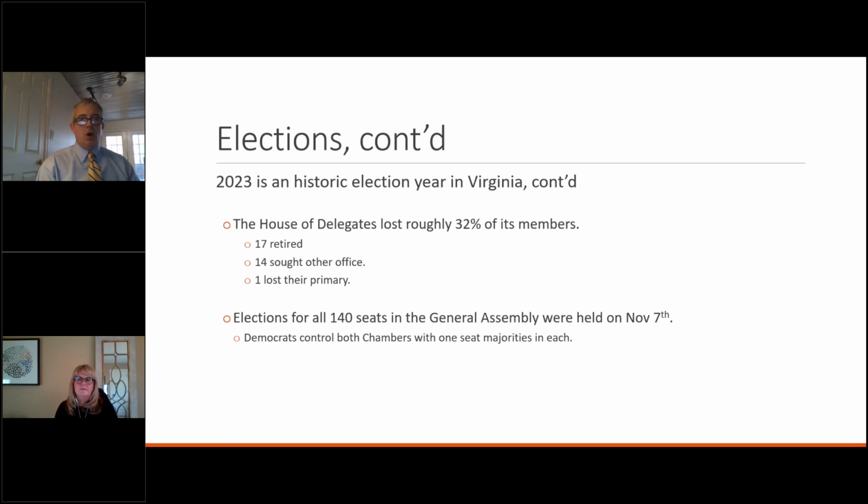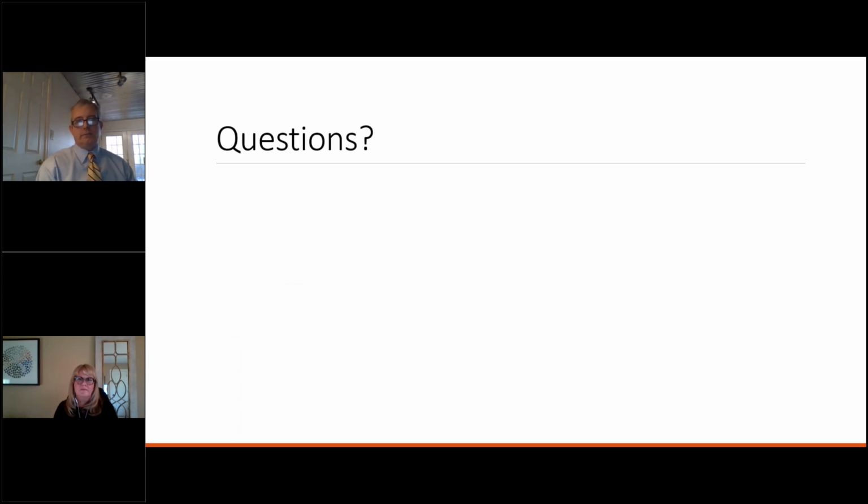What that means in the House is all new committee chairs, all new subcommittee chairs, and when you lose 32% of your members, or 40% of your members like in the Senate, the way that committees look is going to be vastly different. So in the Senate, on Senate Finance and Appropriations, only 5 members of that committee are still there, right? And so that is a huge turnover on a 21-member committee. So, like I said, a lot of work for us all to do to educate all of these new members on our priorities. Go ahead, Katherine.